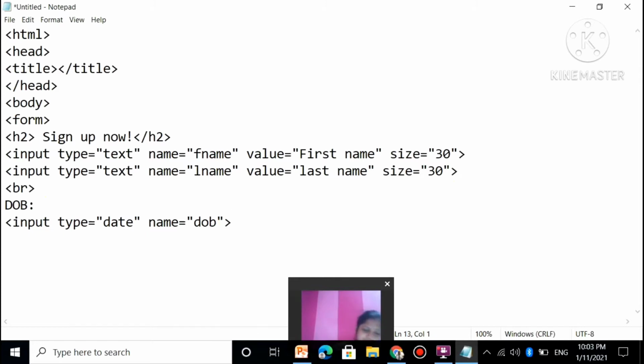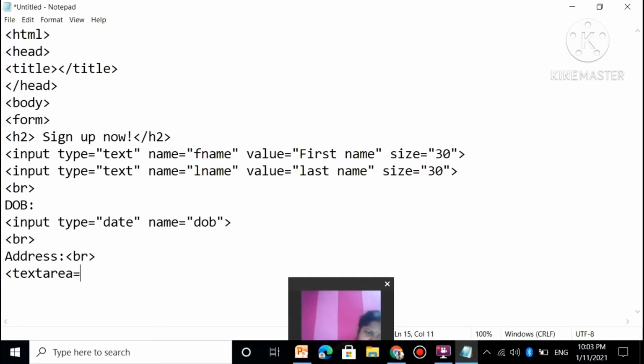Next, for address you use text area, because address is always multiple lines. Okay. Then here you write textarea, no space.